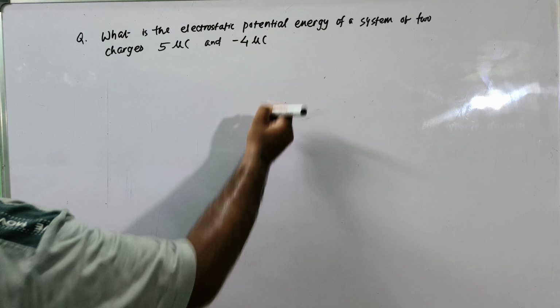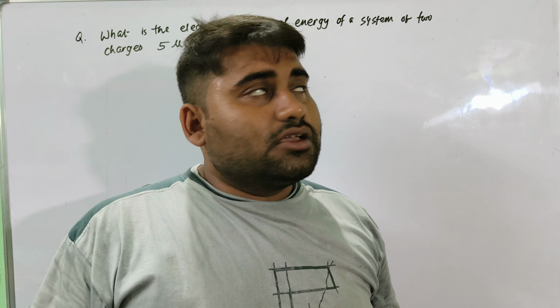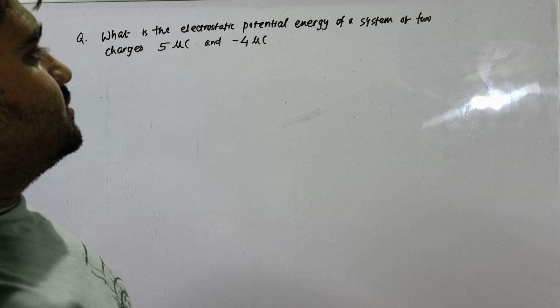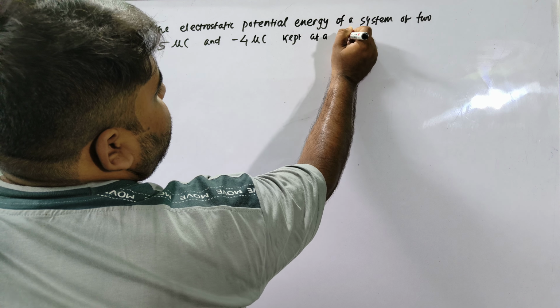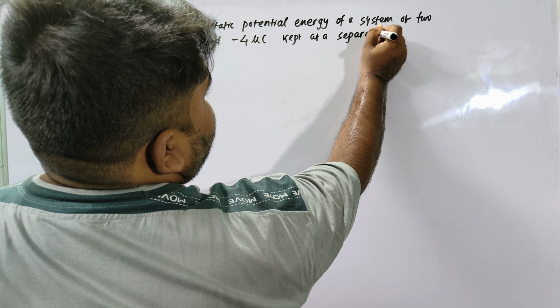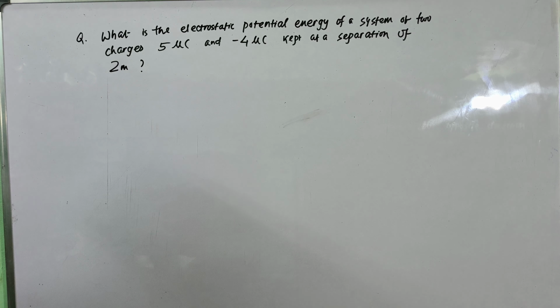-4 microcoulomb. This is the system, and you are asked to find the potential energy of the two charges kept at a separation of 2 meter. So your system basically consists of two charges. One is 5 microcoulomb and the other is -4 microcoulomb, and they are separated by a